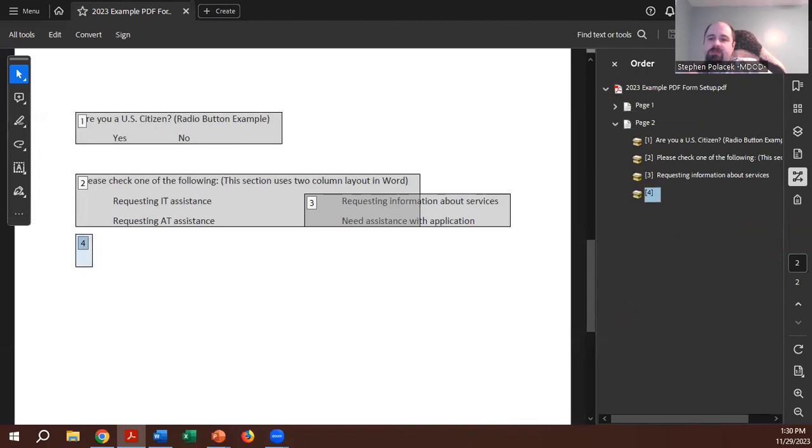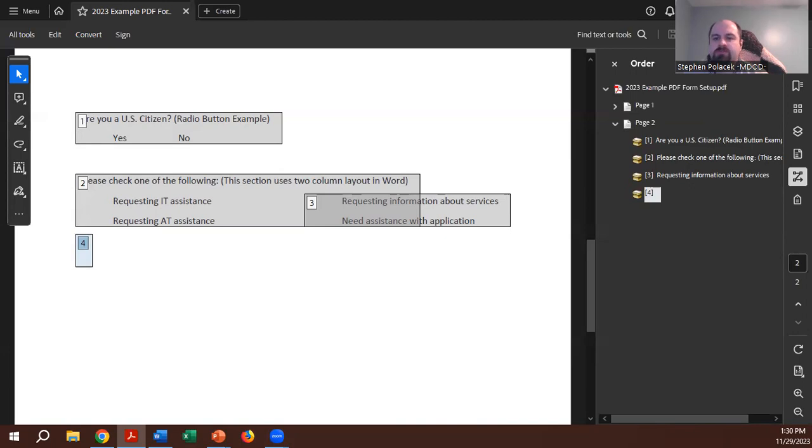Which is better to use, export to PDF or save as PDF? I don't think it matters. I always use save as PDF. I think that's actually part of Word because I have Acrobat Pro. I think there's something when you install the Adobe software, it adds a plugin to Word. So I always just use that. I think if you use export to PDF, you should still get that option to add